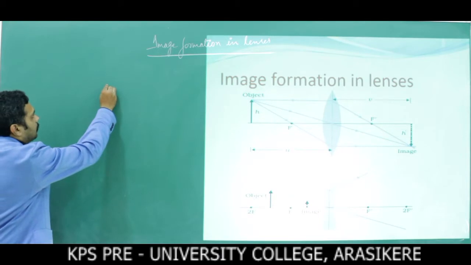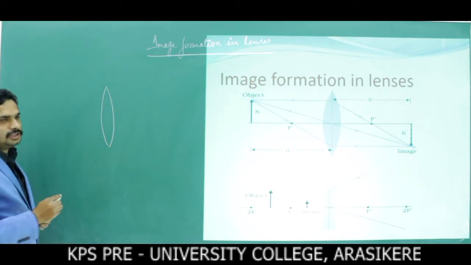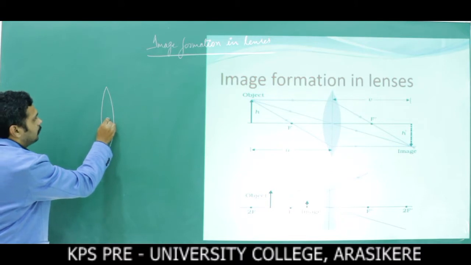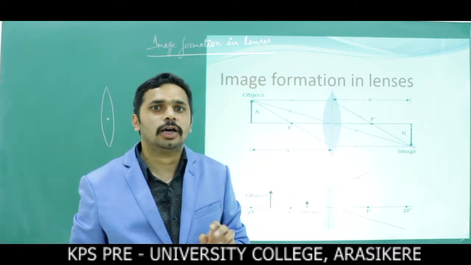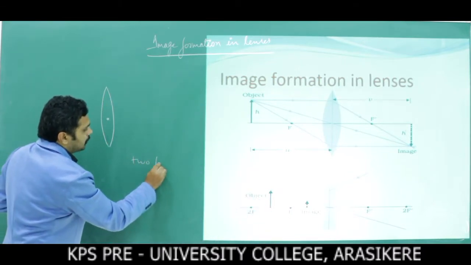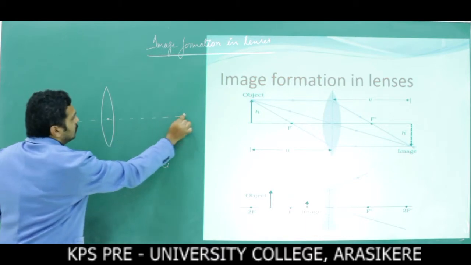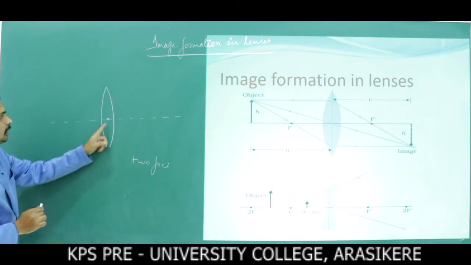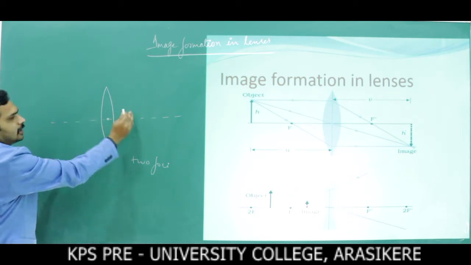Suppose this is the biconvex lens. Now this is the optic center. For lenses, there are two focus points, or two foci. So this is the optic center, and this is the principal axis. From the optic center, at equal distance on either side of the lens,